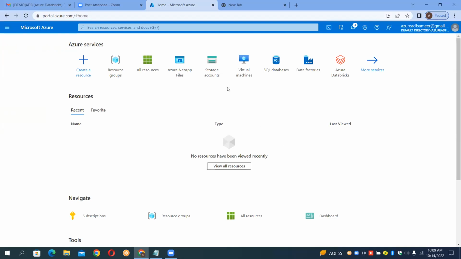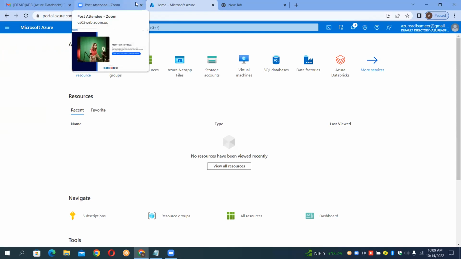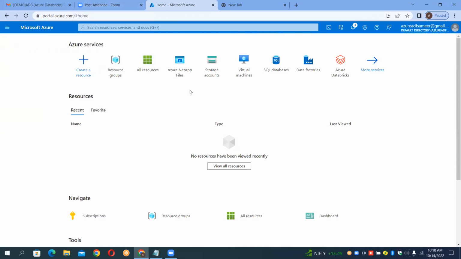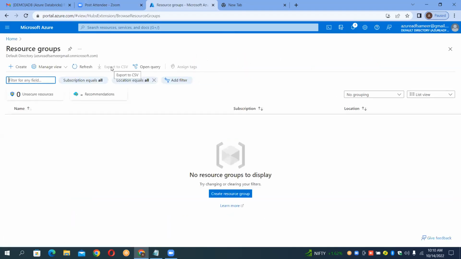Okay, so this is portal.azure.com, everyone. From here we have to create the resource group first of all. So click and create the resource group, and this is called a blade. Here we call them blades. So click on the create blade,